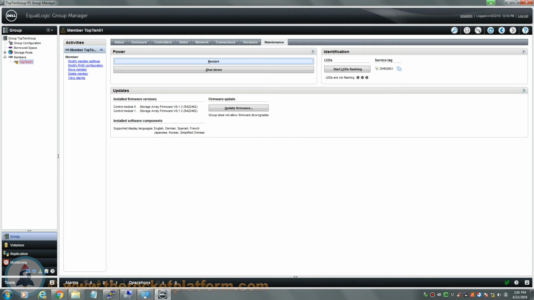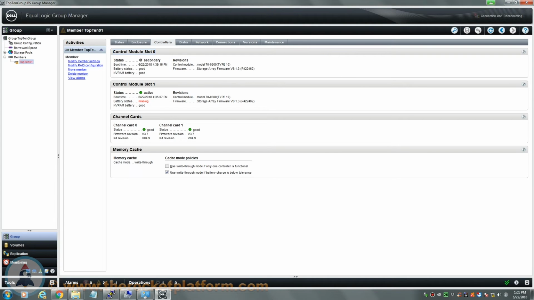take the active role. You must now wait for the faulty control module to reboot and show in the secondary state within the Controllers tab. If the controller fails to come online within an hour of waiting, the controller has failed to boot and is safe to replace. Now that you have identified which control module has failed and ensured it is ready for replacement,